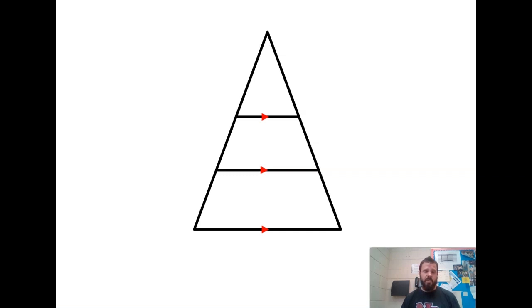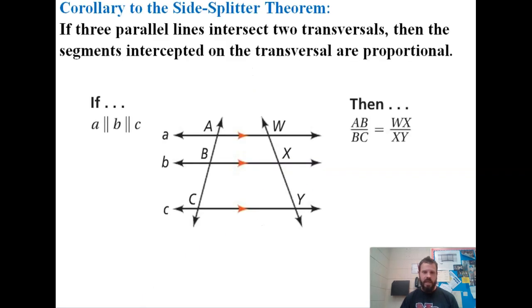Now, next thing we're going to talk about is an extension or a corollary to that side splitter theorem. Basically, the way it's going to work is instead of just having a single parallel line through a triangle, I can have multiple, and my sides are still going to get split up proportionally. That's our corollary here. And with the corollary, we can think of this triangle or these lines extending to form a triangle. And we can actually skip the triangle completely and just look at partial triangles here with parallel lines